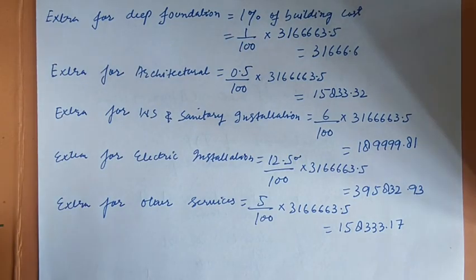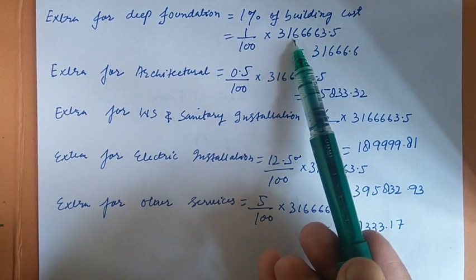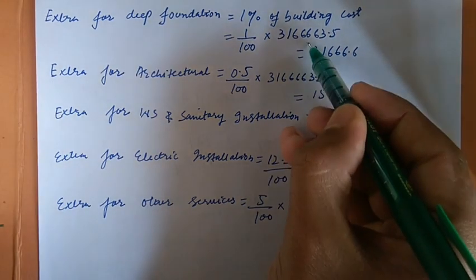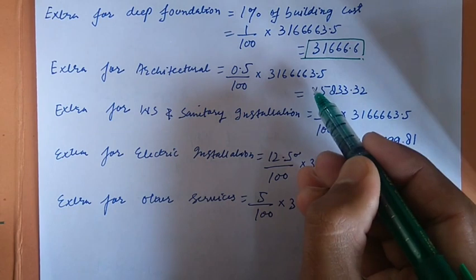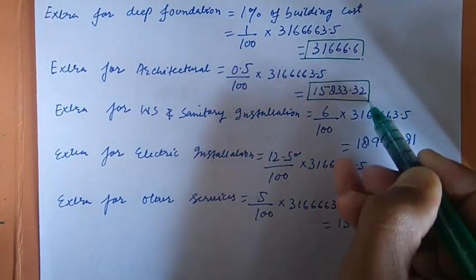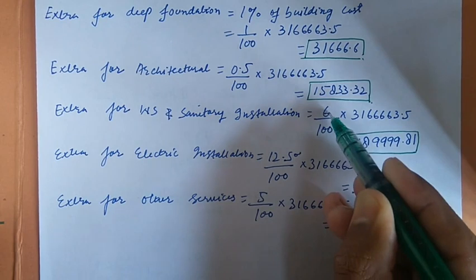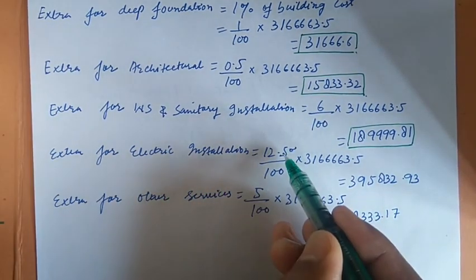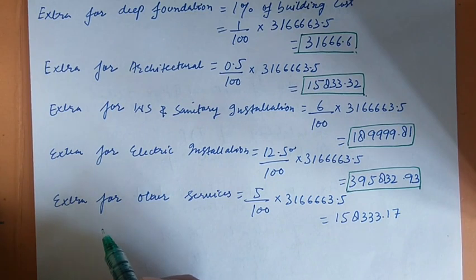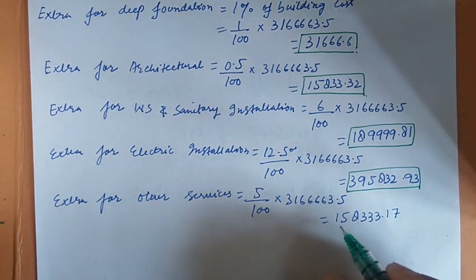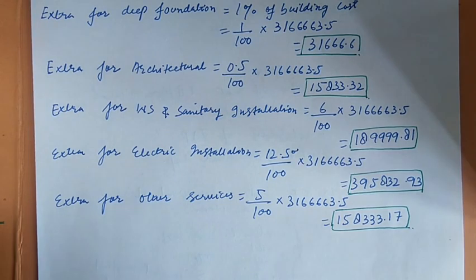Now I have calculated for the deep foundation, that is 1% of the building cost, so that is 1 divided by 100 into 31 lakhs 66,663.5, that turns out to be this amount. Similarly, for the architectural work is the 0.5%, that is this amount, and similarly for the water supply and the sanitary installation, that is the 6% have been considered, and for the electrical installation 12.5%, this is the amount, and for the other services we will have 5%, and this is the amount. So we will calculate and we will get the